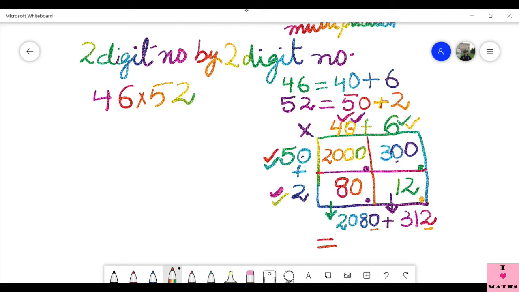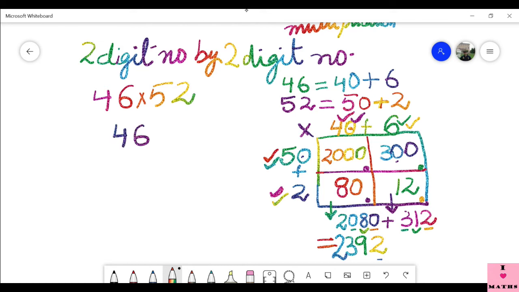0 plus 2 will give me 2. 8 plus 1 will give me 9. 3 plus 0 will give me 3 and this 2 will come here. So the answer is 2392. Now we are going to multiply